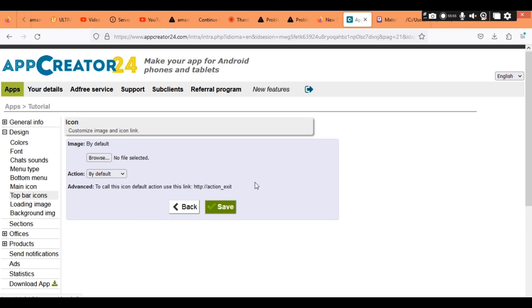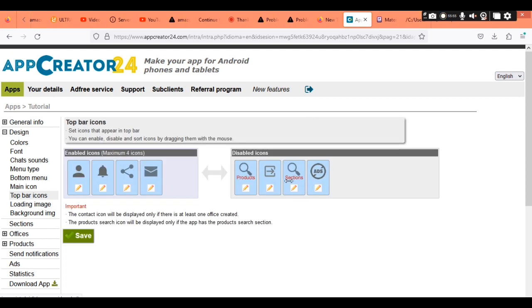And this one is just the exist. As you can see, the action website link exists, so you can activate it also if you wish. And for this one also, section, maybe you have so many sections, so you can activate this also, if you want users to search for, maybe you have like 3 sections,